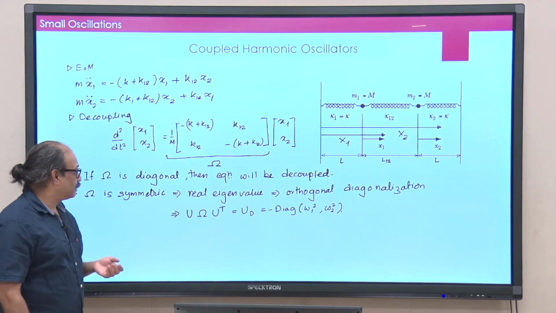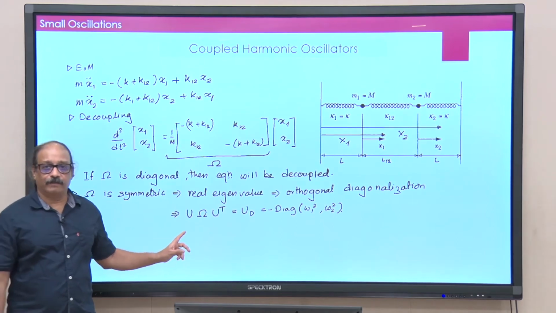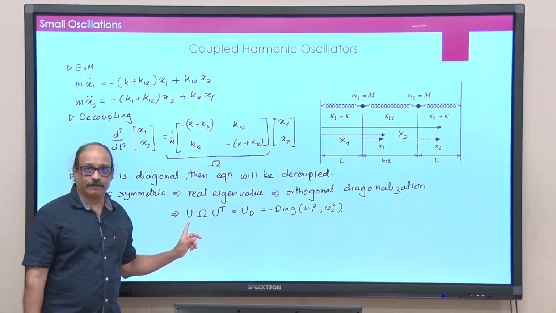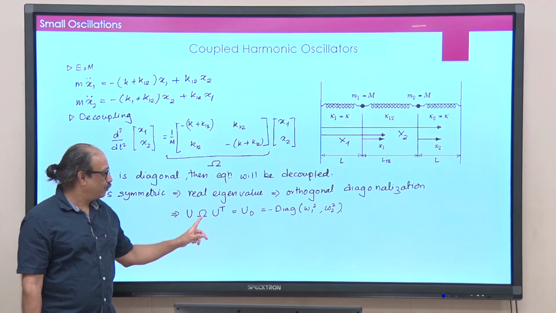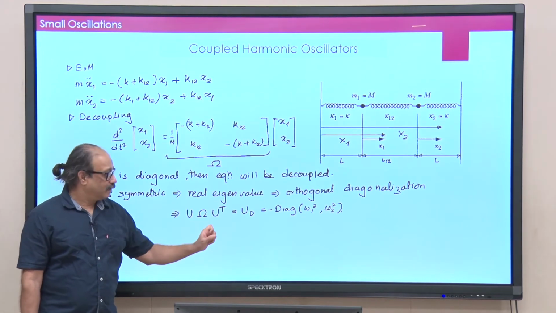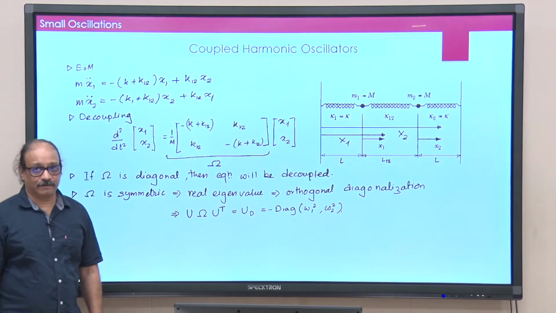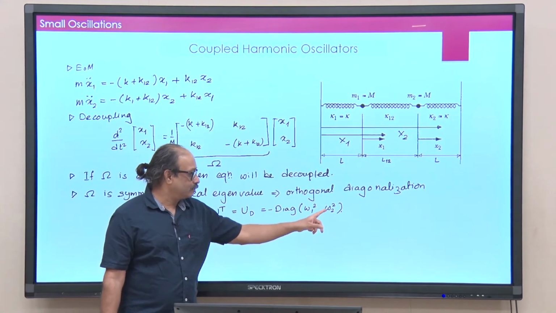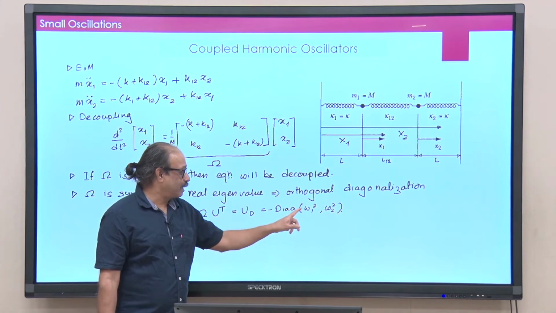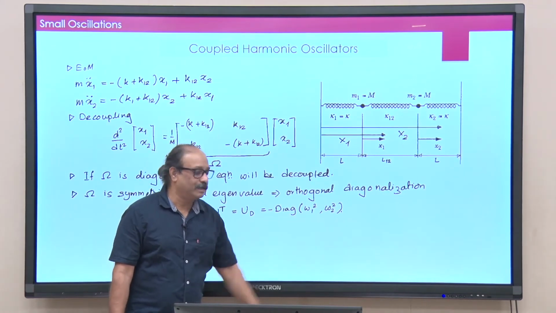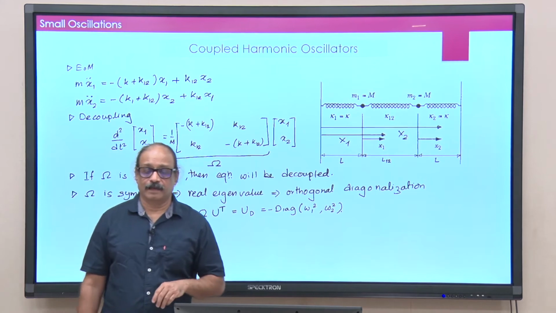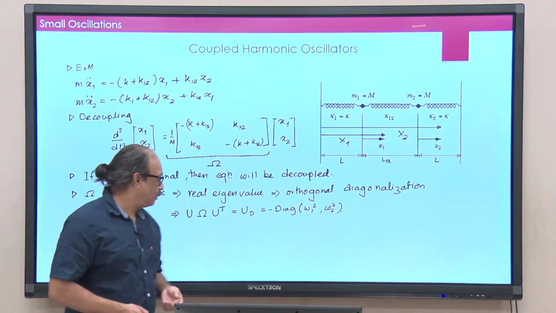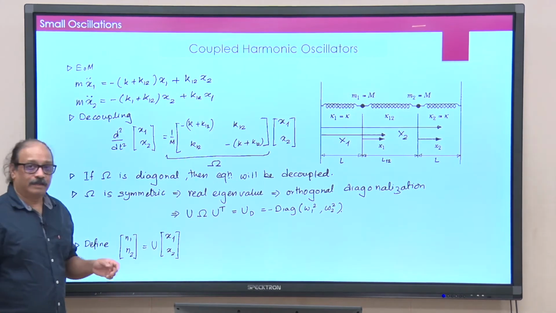What that means is basically I can find one matrix U which is orthogonal such that U omega U transpose will give me a diagonal matrix, okay. And this diagonal matrix I am going to equate to, so basically it is a diagonal matrix with minus omega 1 square, minus omega 2 square, and once you have it in diagonal form,